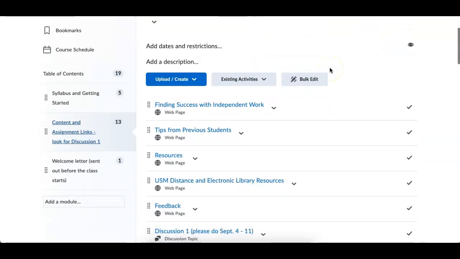Look for discussion 1. Well, you don't really need to look for discussion 1 right at this moment. In the first week, there's really nothing that you have to do officially online. In previous classes, I had everybody do the introduction the first week. This week, I'd like you to get familiar with the site and pull your materials together for your independent study, your directed study,